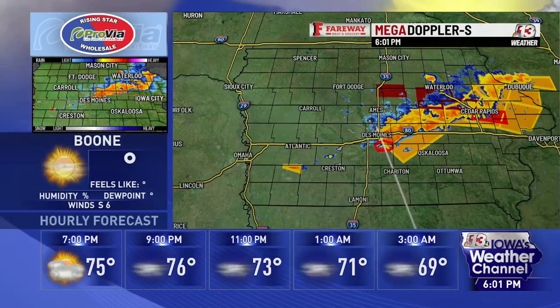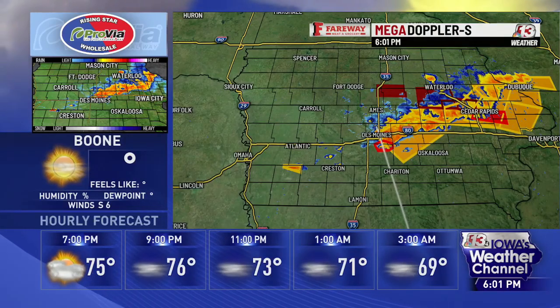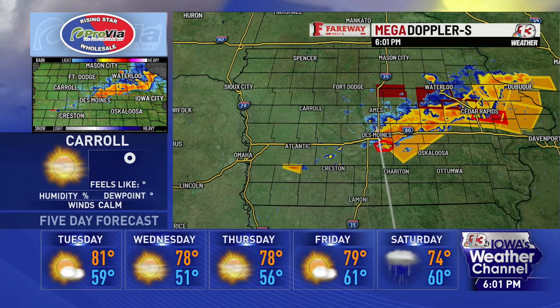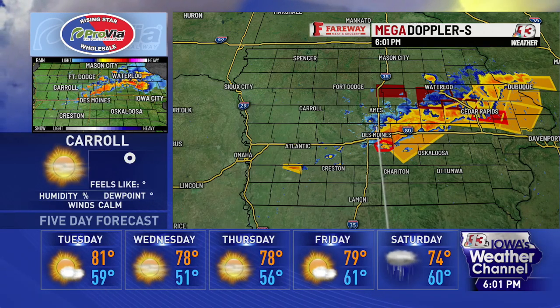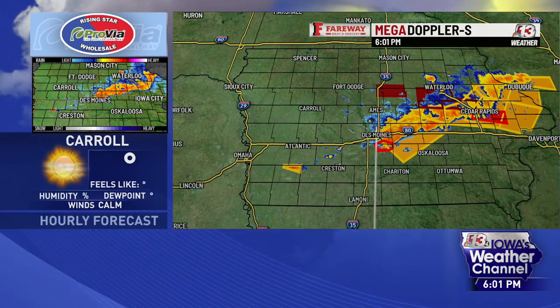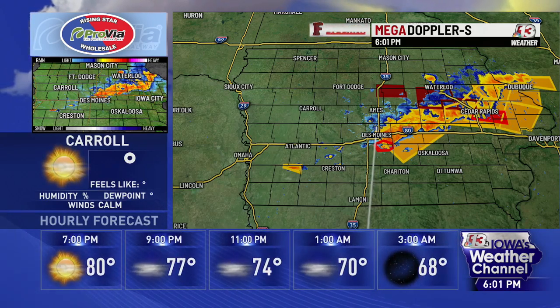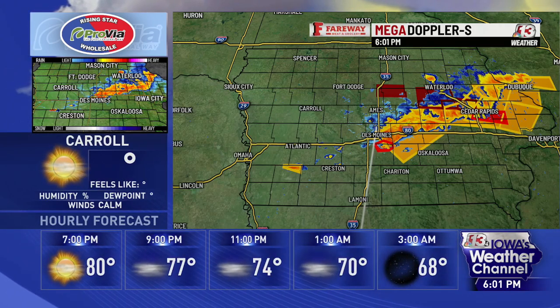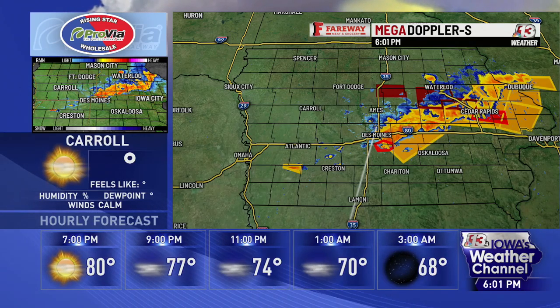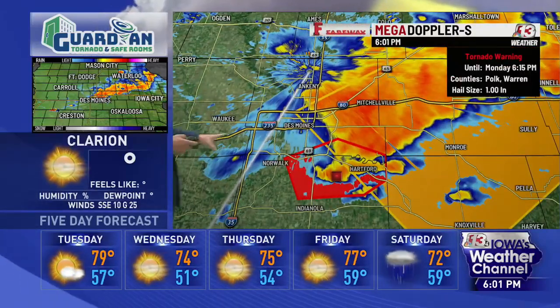We're at the top of our hour. We have that new severe thunderstorm warning that has just been issued outside of the tornado warning. So you can see that red spot there, that red outlined area. That's where we have just south of Des Moines, that tornado warning that will continue as we go through the rest of the next 15 minutes or so, back down, in fact, up until 6:30 or so. But more warnings are expected tonight, and this is along this line that is extending back down to the south and west of us. So a tornado warning in effect until 6:15, hail up to 1 inch in diameter,